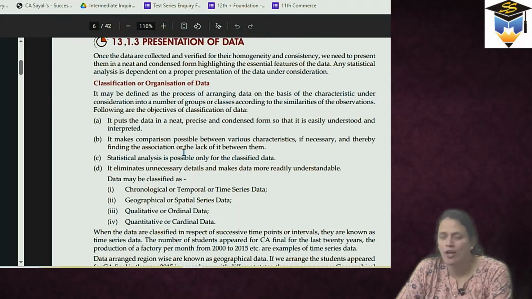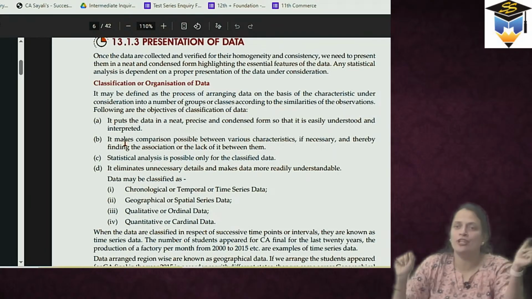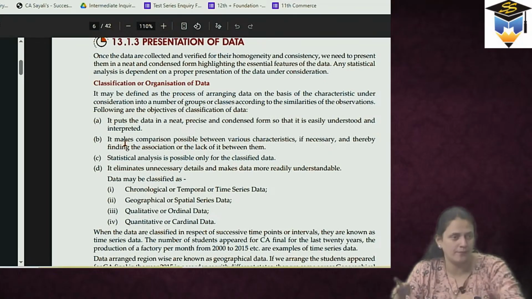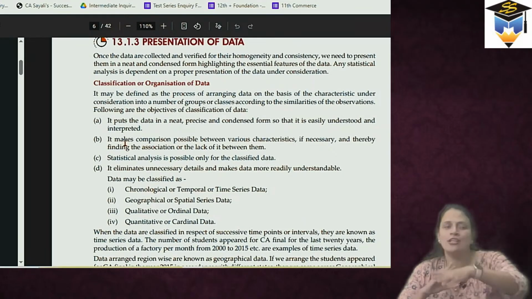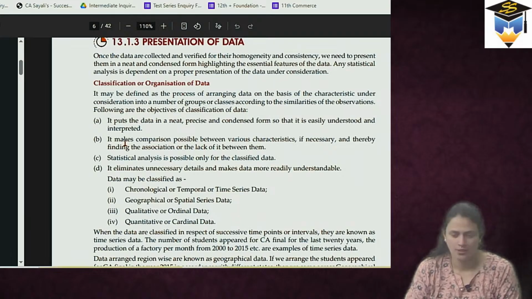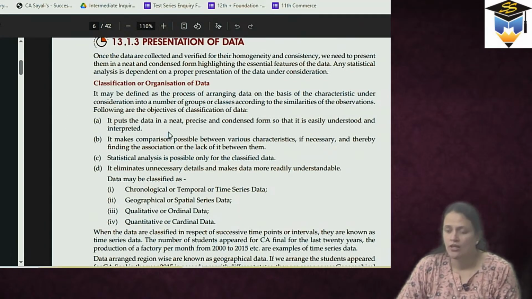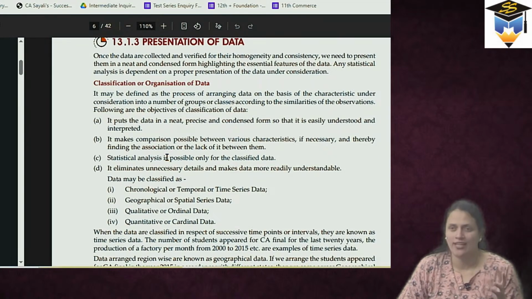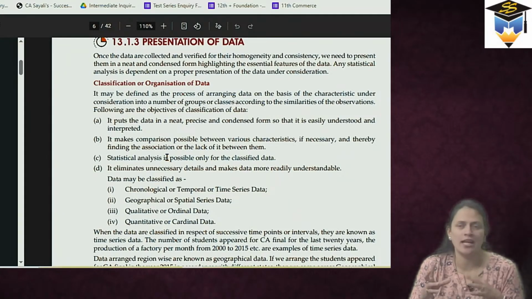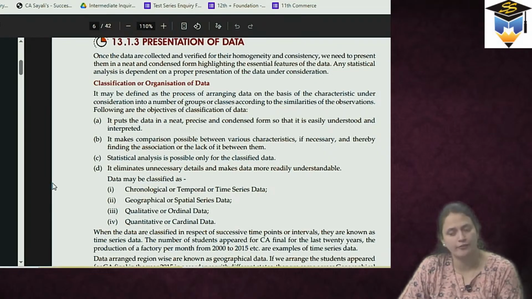So if I organize the data, suppose that data is regarding marks of students. If I am going to compare each and every child's data, somebody must have got 90%, somebody 80%, 40%. Then on an average, I will do the analysis: on an average, how many marks the student has got. So comparison is very easy. We can easily compare those two quantities or 3-4 quantities which give us the main answer. It helps us to do the analysis more effectively.